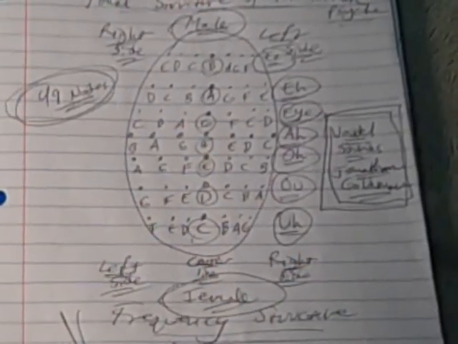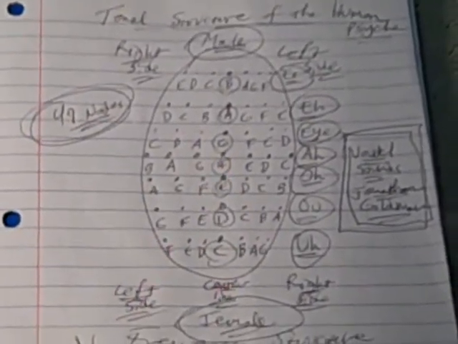I think what's going on here is that we do have something like this. There may be more than 49 nodes in the human psyche. I mean, if you factor in the frequency nodes along the arms and the legs, there may be many more than 49. But I think it's a good starting point. If we can map out this progression correctly, we can really understand a lot of things about the human being that we don't understand.